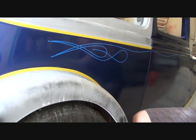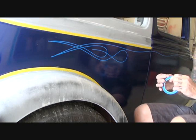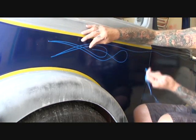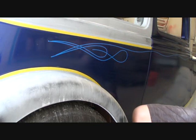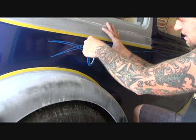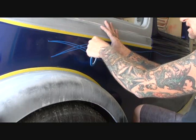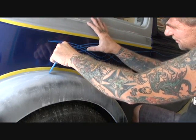Because see, all we're going to do is we're just having the flames right here like this along that top edge. And this is not an easy job, okay? Matter of fact, I'm going to go ahead and add to this one because it's a little short. So what I'm going to do is I'm going to add some tape. I'm going to start my tape right here. I'm going to follow that curve